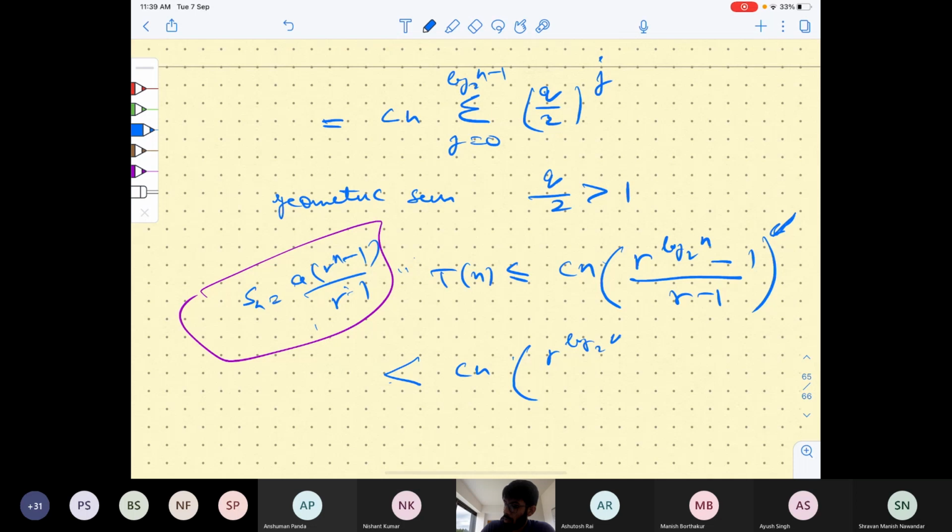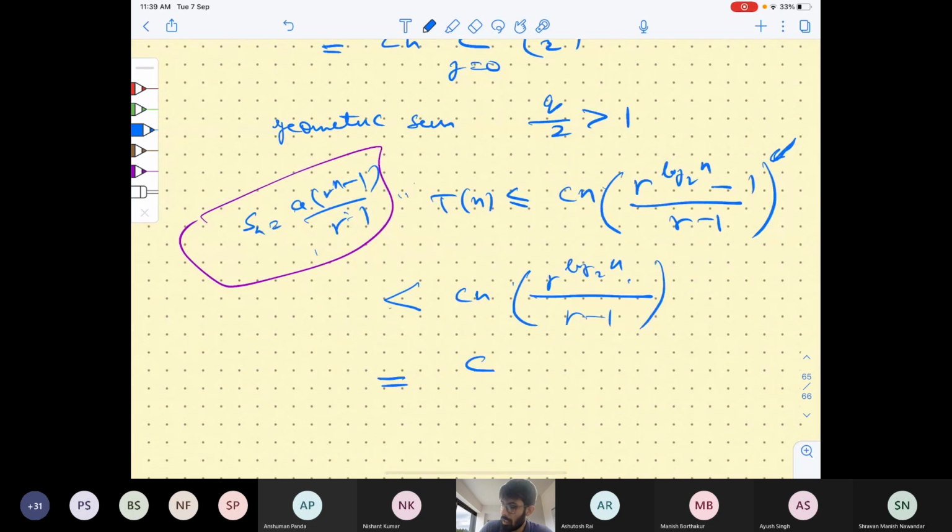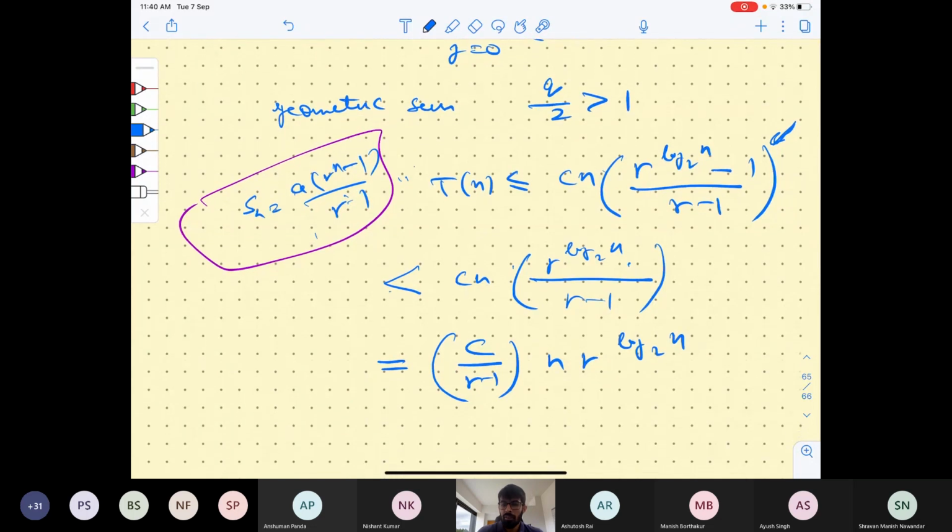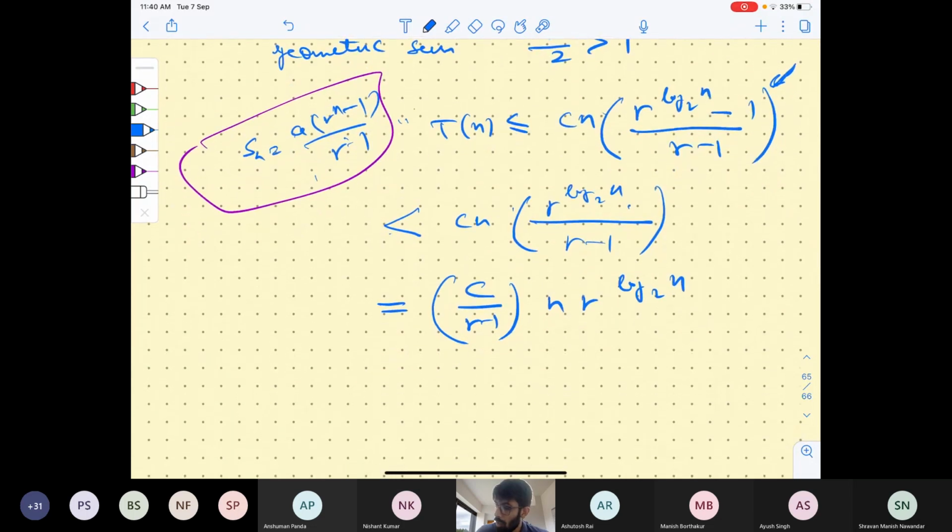R to the log 2 base n minus 1 divided by R minus 1. And let's slightly rearrange it so that we can get the constant terms out. n R to the power of log 2 base... Right. Now we want this n r to the power log 2 base, and we want it in a nicer form